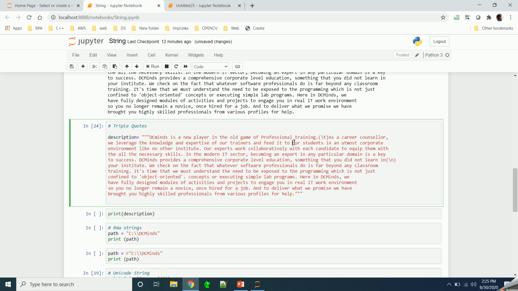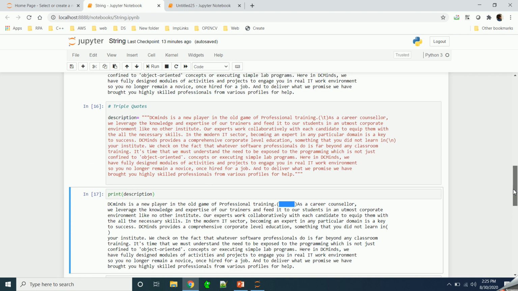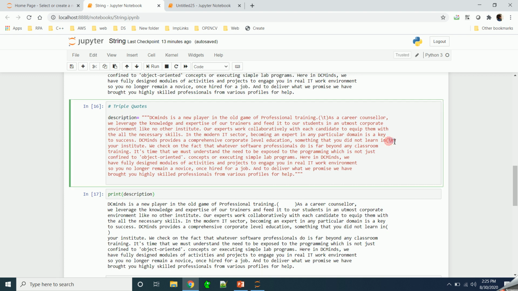Let's run this and print it. Instead of slash t, the spacing is derived, that is, how many spaces there have to be for the tab. Similarly for slash n, a new line is derived.